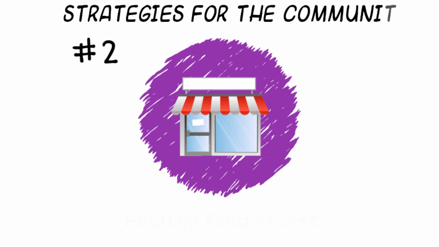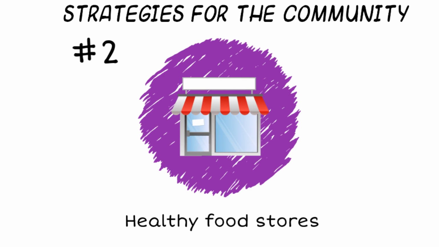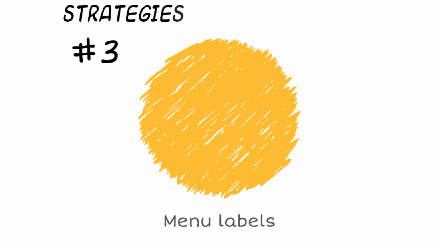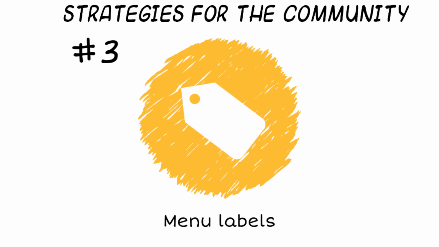The second strategy is providing PE programs in schools, which will provide physical activity at the recommended levels. America recommends that primary school students do 150 minutes a week. The third strategy is putting menu labels that include everything added to the food, like added sugar and fat. That will let people know how many calories are in this food, and this will lead people to choose food that has fewer calories.